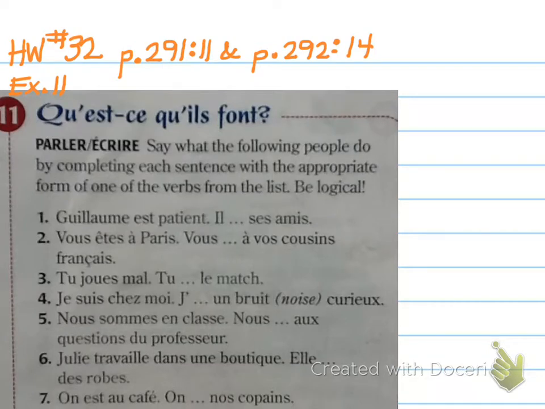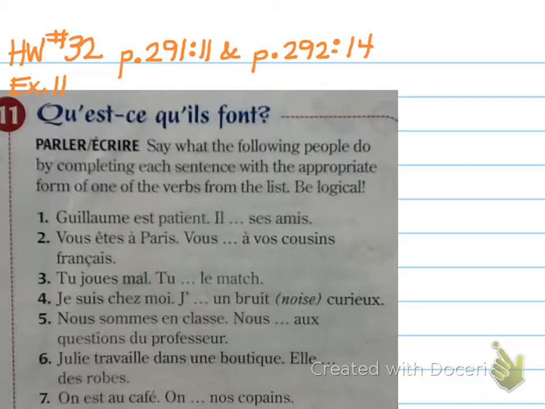Alright, homework number 32 is on page 291, exercise 11, and page 292, exercise 14. On page 291, exercise 11, you're supposed to say what the following people do by completing each sentence with the appropriate form of one of the verbs from the list. Be logical here. Remember, this is a two-part